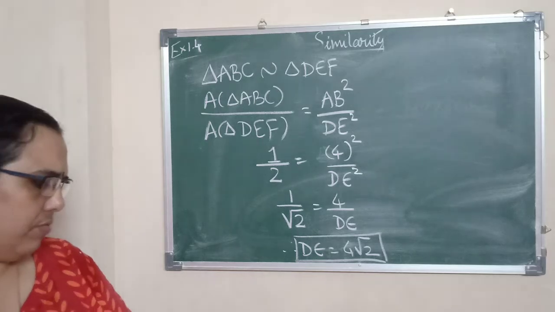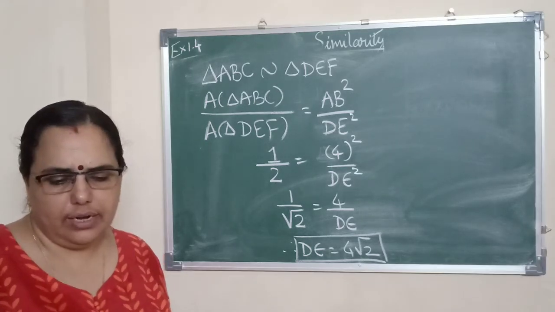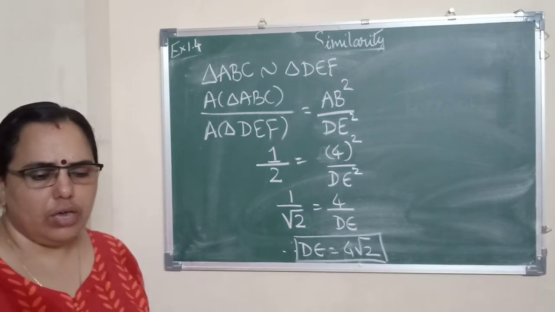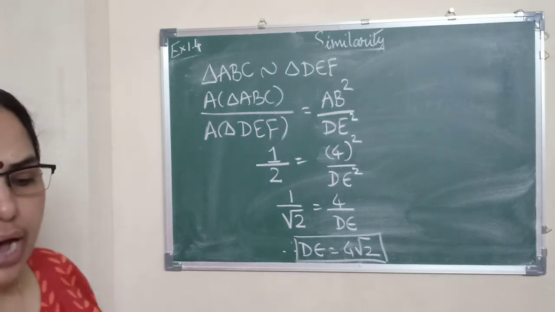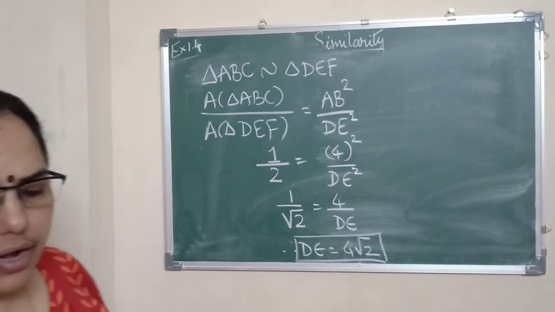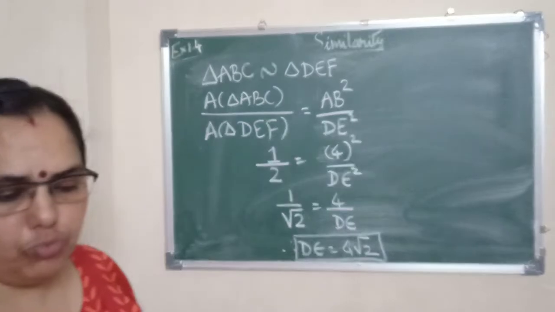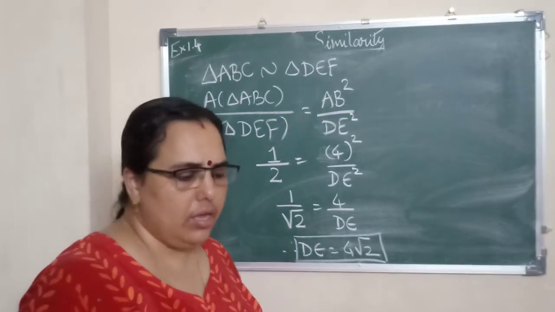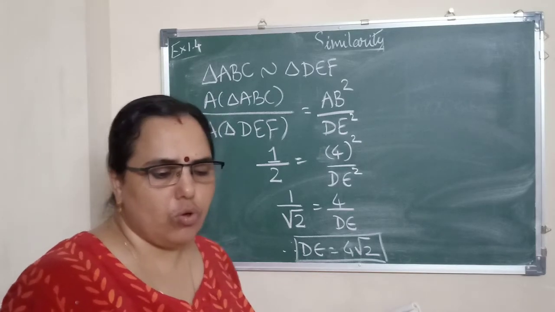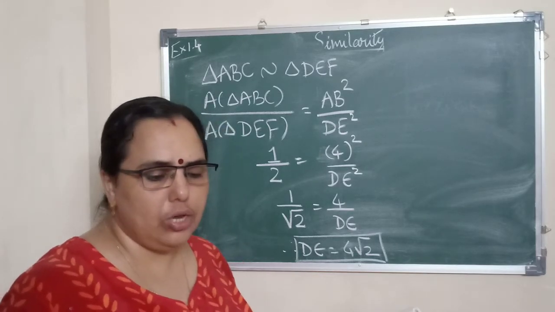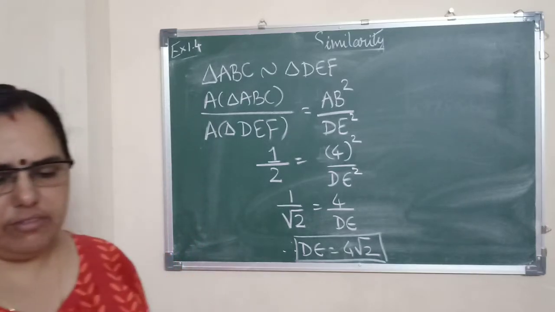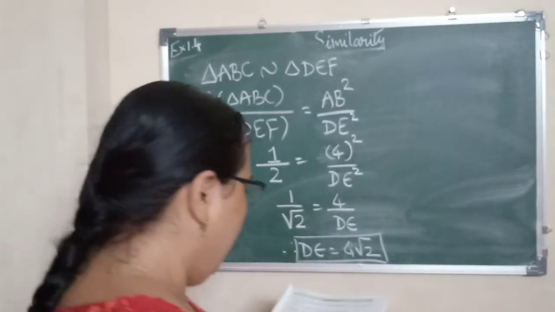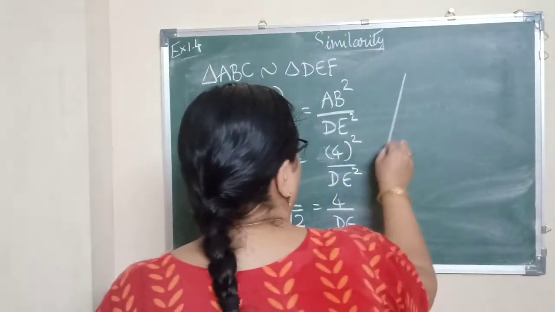Now, with that we come to the seventh sum, the last sum of this exercise. You can see it is an activity, so let us discuss how to do this activity. You are given a few points about it. PQ is parallel to DE. Then the area of the smaller triangle is given as 20. You are given the relation of PF and DP. And they are asking us to find the area of the quadrilateral DPQE. Yes. So here you have some assumption. I'll just draw the figure, girls, so things will be clear for you.